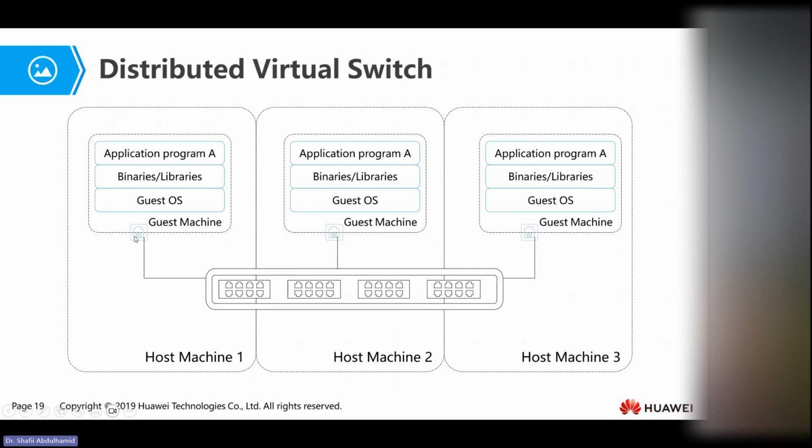So you will need a NIC, which is a virtual link, virtual link, virtual link, to be able to communicate with this virtual switch and reroute the traffic so that the different virtual machines on different physical machines can communicate. An important thing to note here is that you need to have a different virtual NIC that will communicate with the switch for different virtual machines on a distributed environment to communicate with each other.